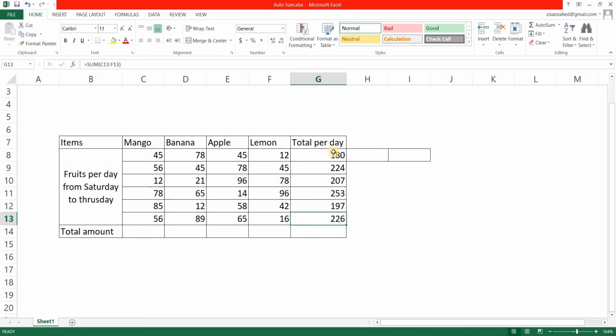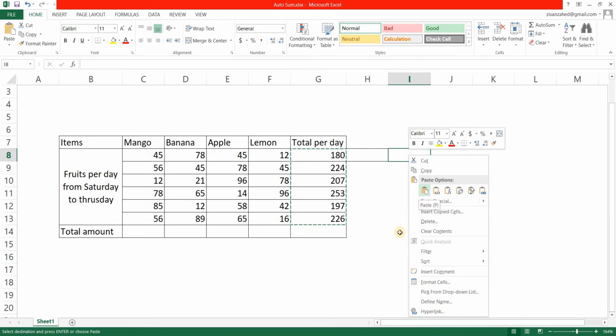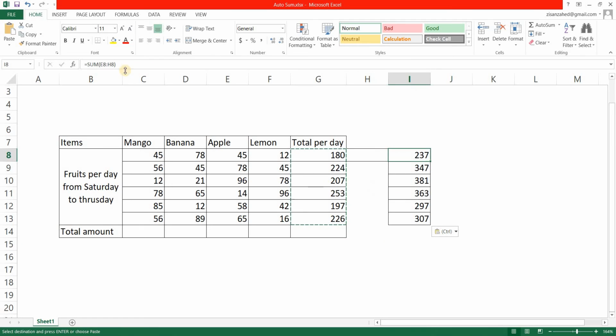So when I want to copy this from here to the I column and paste it, the values are going to change because the values have also moved 2 columns because I have moved the formula 2 columns. Now to avoid that, what we could have done is lock the cells